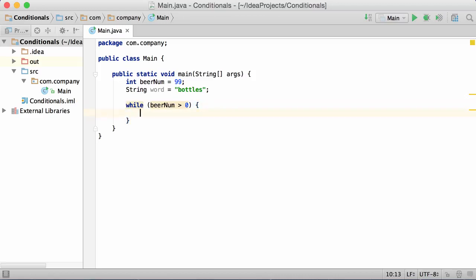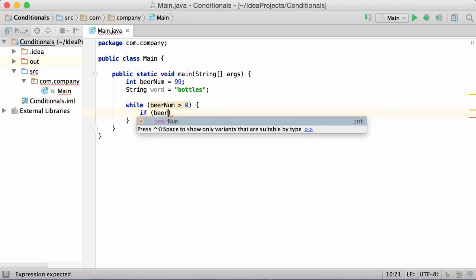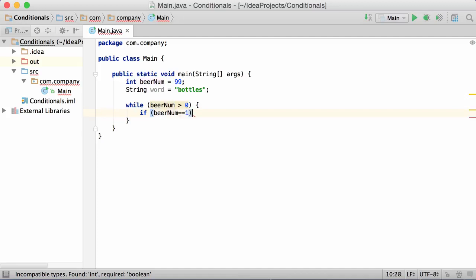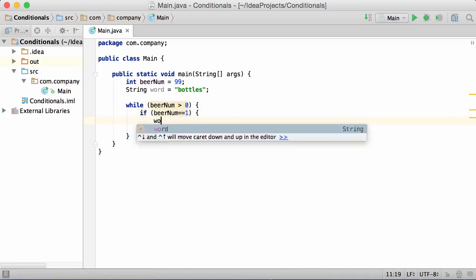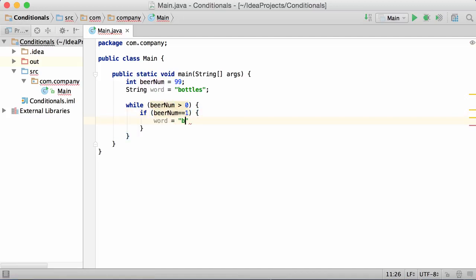We're going to do if beer num is equal to 1, then we want to say word equals bottle, and we're just doing that for the grammar at this point. Since it's within our little app, we're just focusing on word here. So we're just going to change bottles to bottle. So yeah, let's keep going on. Let's do